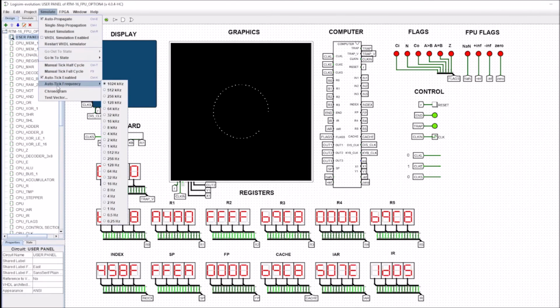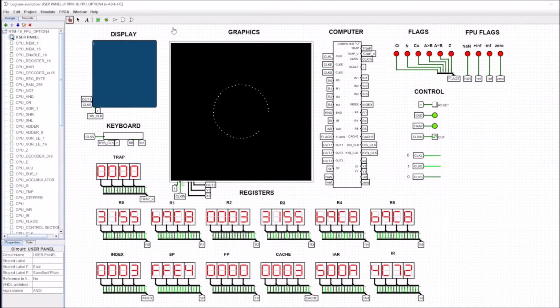I put up simulate and changed the tick frequency to a very low tick frequency, and I let it run through to a certain point in the code, and then I stopped it. Then I ran through the individual points here. I was able to click this clock in, and it clocked each individual pulse all the way through the